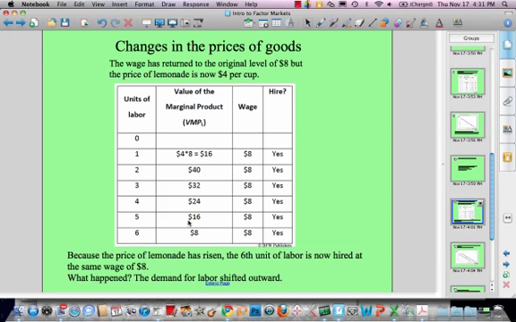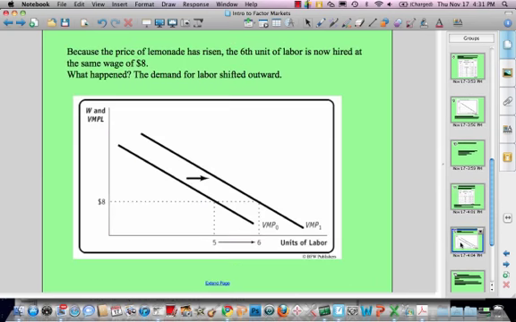Well, look what's happened here. Because the price of lemonade has risen, the 6th unit of labor is now hired at the same wage of 8. Whereas before it was only the 5th unit, and the 6th unit actually the value of marginal product of labor was less than the wage. So what happened here? Well, the demand for labor shifted outward,